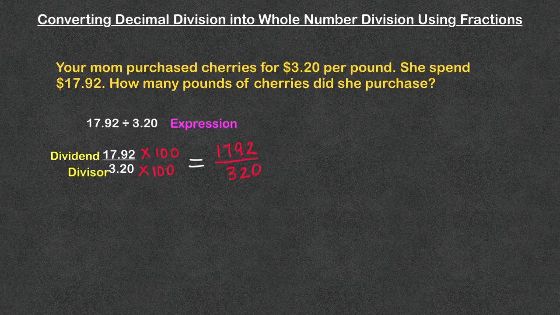So once you have your division set up with the divisor being a whole number, then you are ready to move on to the next step. And the next step is to make your division. So we will make our division. We will put the divisor, which we know is a whole number, and then we write